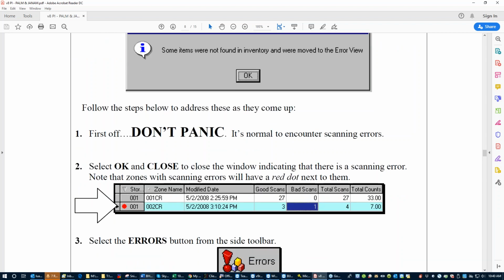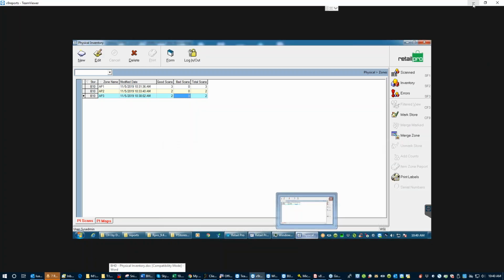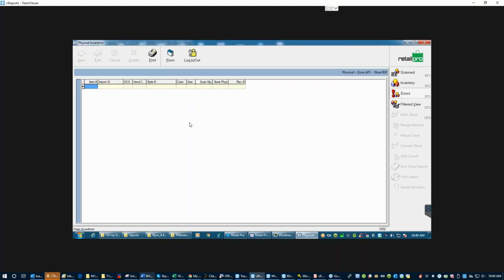Vibrant red dot, right? And you're going to go to the errors section of that zone. Okay, so you can see the errors button here on the side. So if this zone had bad scans, you'll see that there. And when you highlight that zone and go to errors, you will see